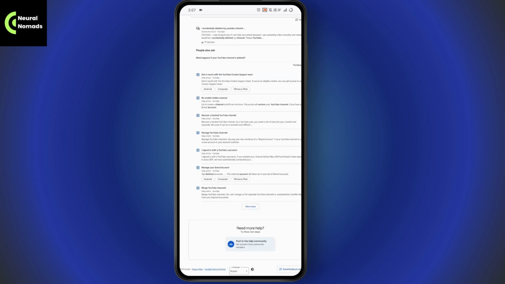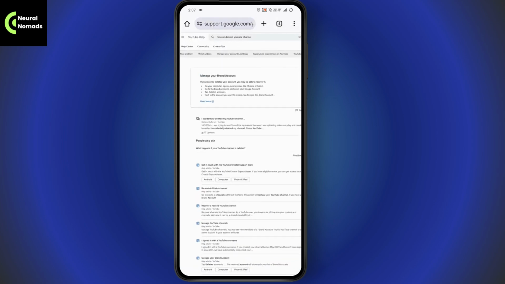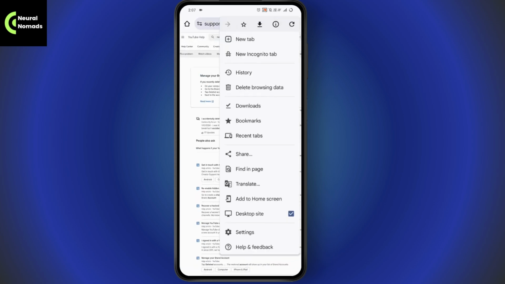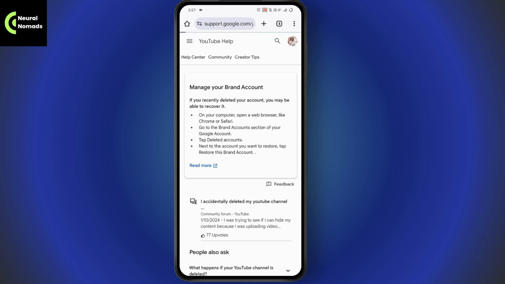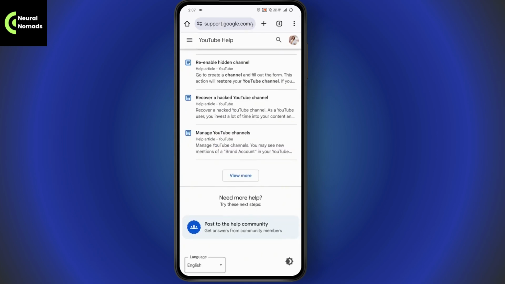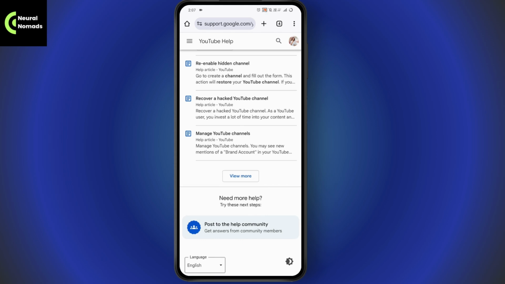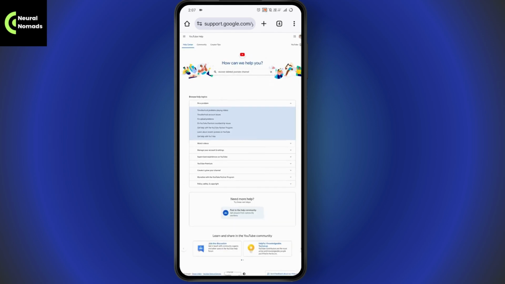So you need to scroll down, and here on the bottom you may have contact us option. If you don't have that option, you can go with the top right, which has three dots, and then move to a mobile site. Now if you scroll down, then you may have contact us option, or you can just simply go with the